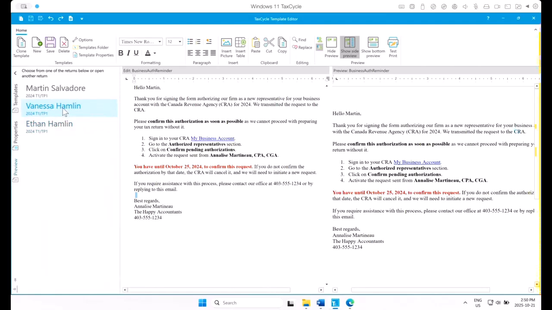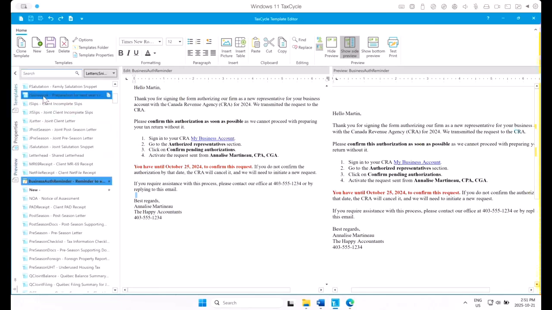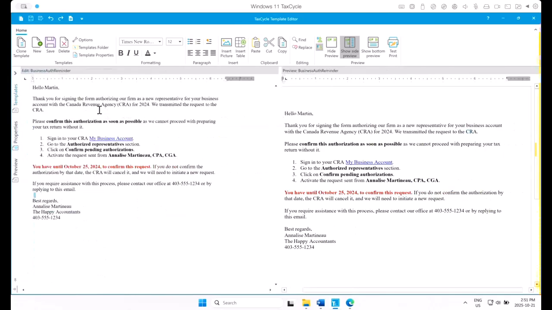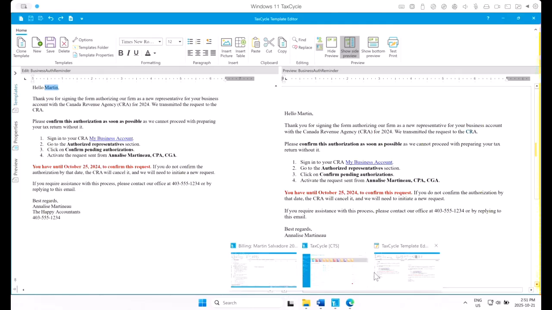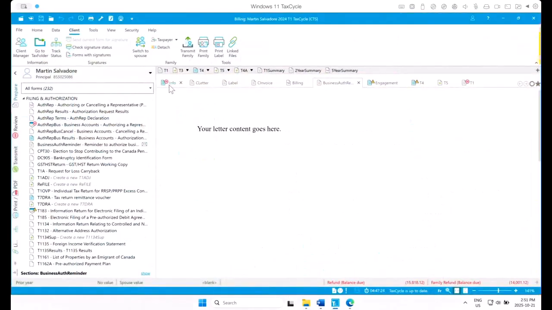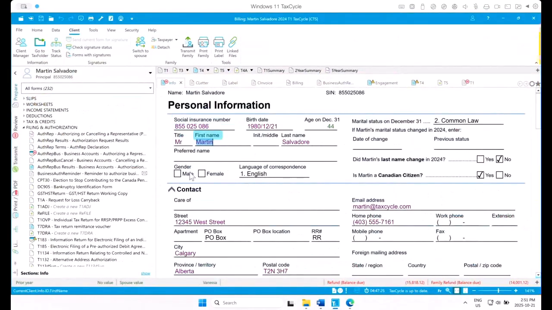But if I go and I test, I actually should be seeing Vanessa's name instead of Martin's, right? So what I need to do now is populate this lovely template with the field codes that will pull in the information from the return. So we're going to work through it from top to bottom. So first off, what do I need? I need his name. So I can go straight over to the info worksheet in TaxCycle, grab that first name